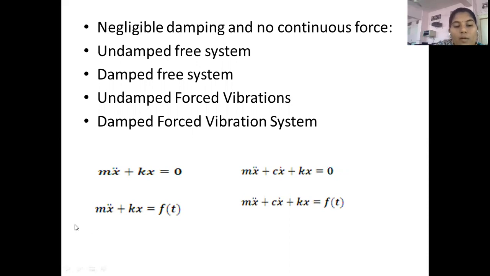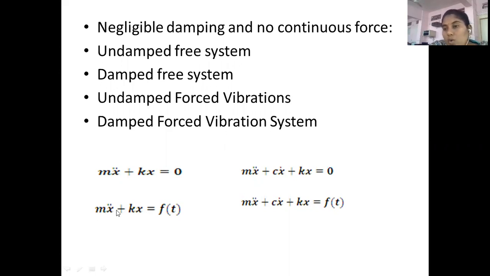Okay. Now coming towards the third point, that is the undamped forced vibration. Undamped म्हणजे काय? Damping is 0. Damping parameter कुठला आहे? C. So damping parameter C is equal to 0 and forced vibration is there. Means vibration is a forced vibration. So that f of t parameter will come here. So mx double dot plus kx equal to f of t.